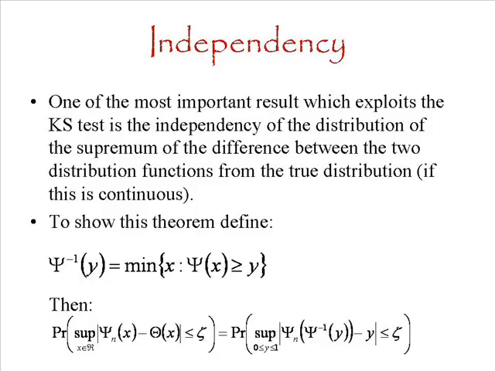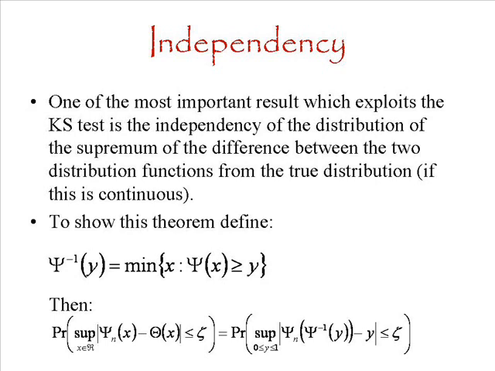So there is an important property which the Kolmogorov-Smirnov test exploits, which is the independency property. It says that the distribution of the supremum of the difference between the two distribution functions is independent of the true distribution, under the assumption that this distribution is continuous. And to show this theorem,